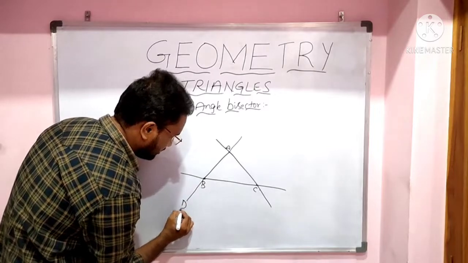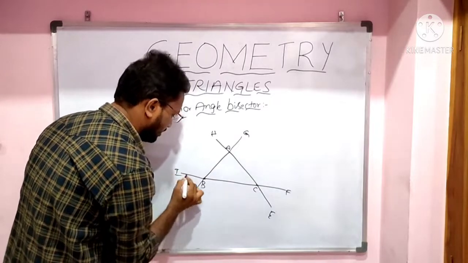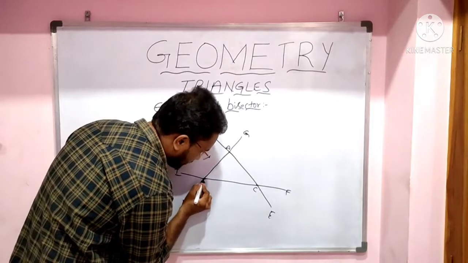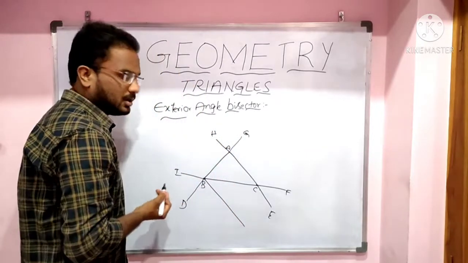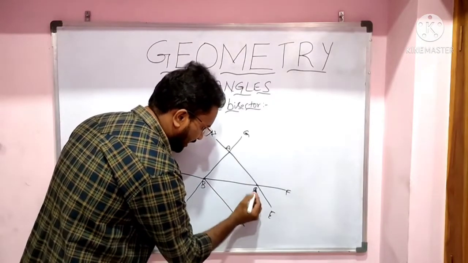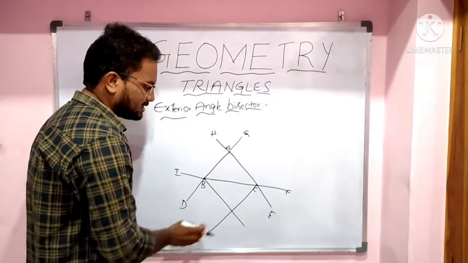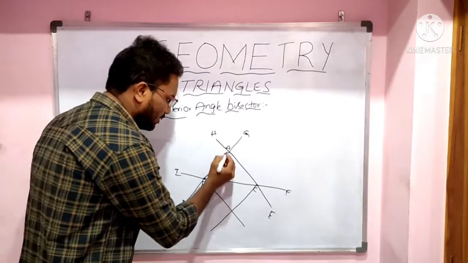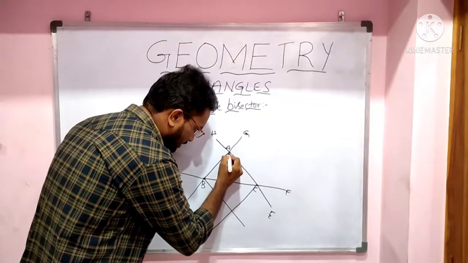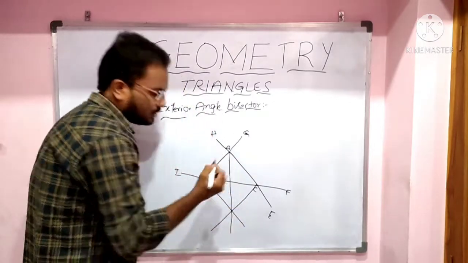Let us say this is D E F G H I. If we draw the angle bisector for angle CBD, then it will be like this. And then if we draw one more angle bisector for this BCE angle, these are the exterior angle bisectors. If we draw one more interior angle bisector from this opposite vertex, then this interior angle bisector will meet this exterior angle point at this point.